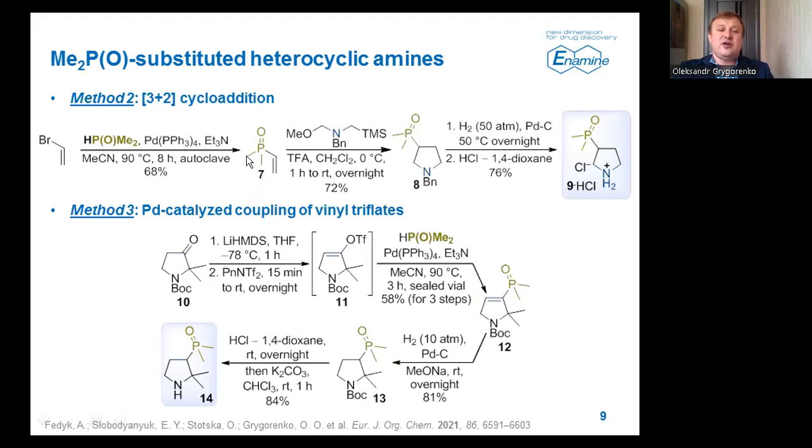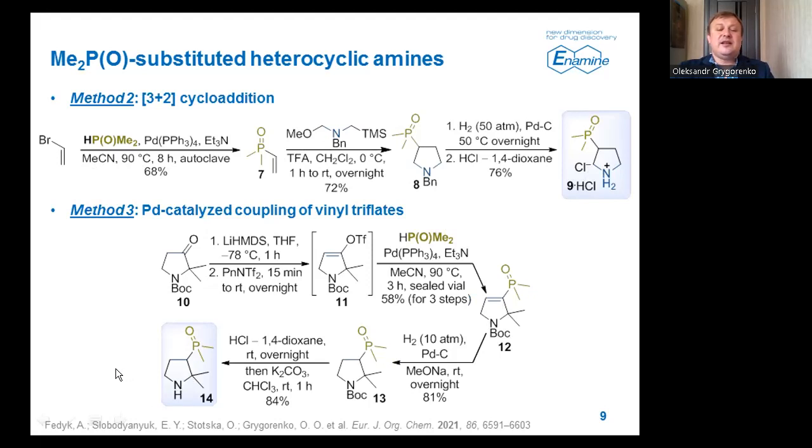This compound was easily obtained on a large scale by phosphorylation of the corresponding unsaturated bromide, and it underwent the 3+2 cycloaddition smoothly. For that, the pyrrolidine was obtained with high efficiency. For the pyrrolidines bearing substituents at the alpha position, like this compound, for example, we